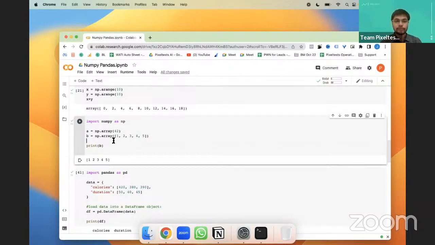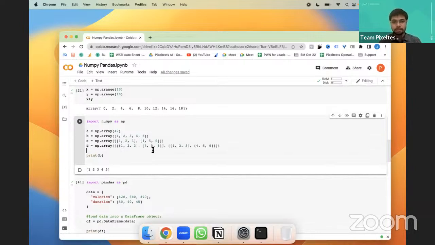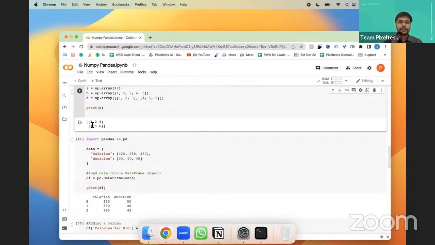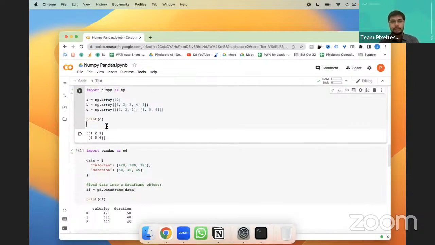Now, what happens if you want bigger arrays, right? A 2 by 2 array, 2 by 2 as in there is X and Y, there are rows and columns, right? So now if I run this and print the new array, it is going to come in this particular fashion. The first row, the second row, and you can see that this is in a rows and columns kind of fashion, right?